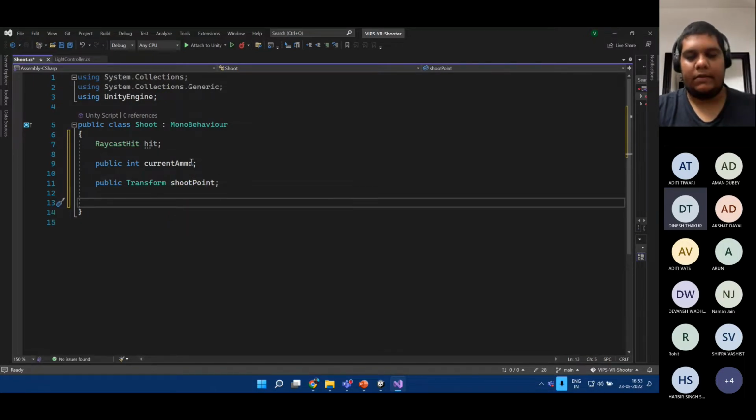And then we'll have some variables for a rate of fire, which basically defines once you've pressed your fire button and shot one bullet, after what time do you shoot the next one? So this is how we'll define the rate of fire. It's a very common concept, rate of fire,